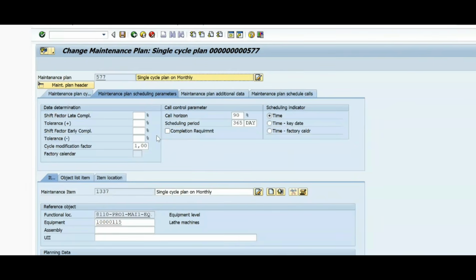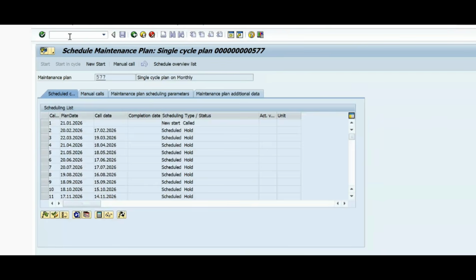अभी मैंने क्या किया है, कंप्लीशन रिक्वायरमेंट का चेकबॉक्स एक्टिवेट नहीं किया है। ठीक है, अभी मैं IP10 में जाऊँगा तो देखेंगे सेकेंड लाइन रिलीज हो रही है कि नहीं। कैसे? सेलेक्ट द लाइन आइटम एंड क्लिक ऑन द रिलीज बटन। ओके, तो रिलीज हो रहा है, देखो हो रहा है ना।